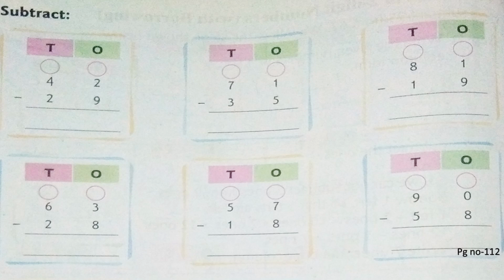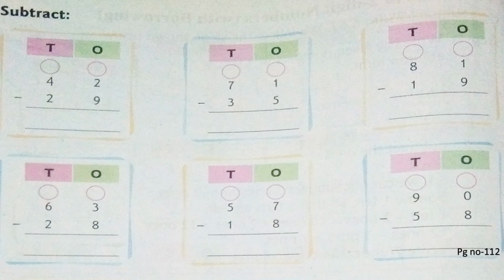Okay, and in the composite book you see they have given two circles below tens and ones where you need to write the number which you have carried. Okay, if you are comfortable writing before the number, you can write it there as well, and in tens place it is for you to strike out the number and then write the new number which you get. Okay, like how we did in Bal Ganit, you can follow the same if you don't want to write the number inside the ring which is given here.